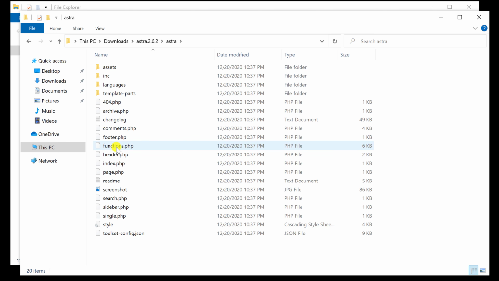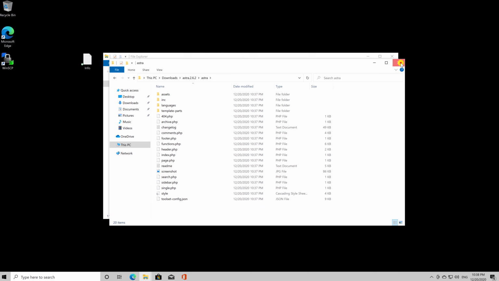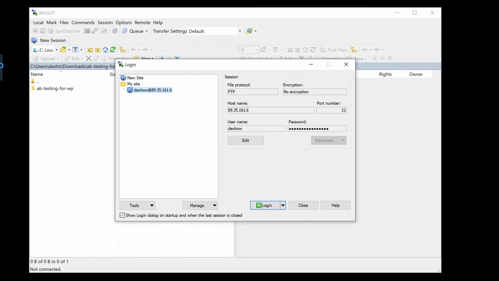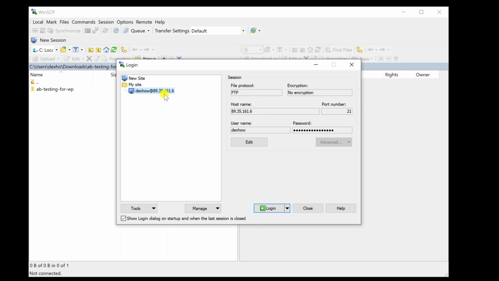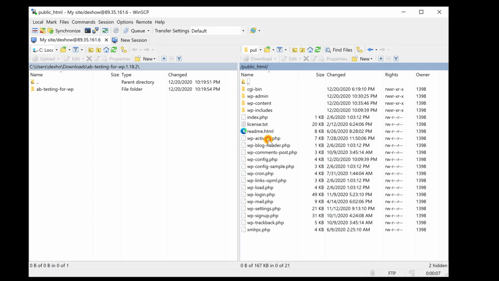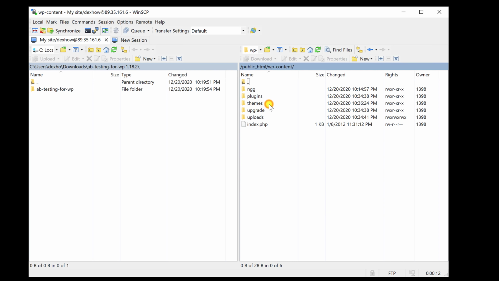Now, let's connect to the hosting account with the FTP software. If you have not done that, put the video on pause and check the video that is in the description that explains all about FTP and how you can create the connection. Click Log In. After you connected to the hosting account, click on the folder public_html from the right. Open now folder wp-content. Open folder themes. Now, on the left, go where the downloaded theme folder is located.